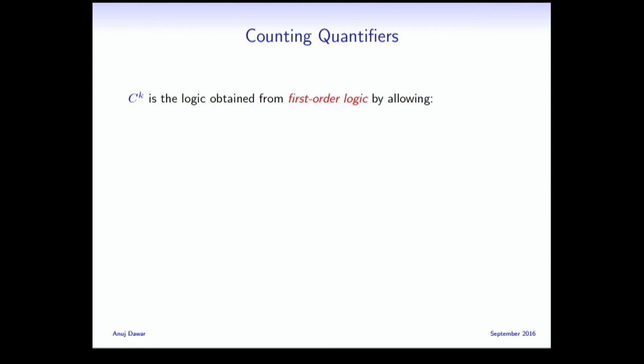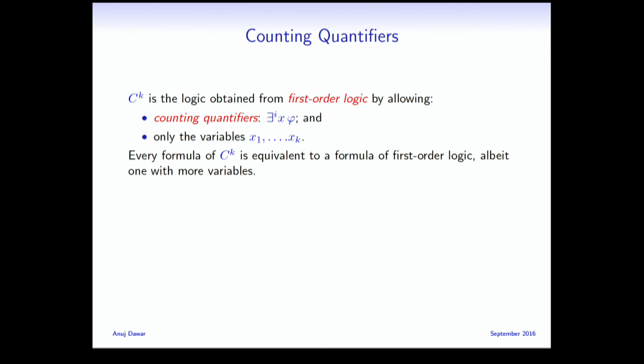To analyze this, it's useful again to go back to first order logic and consider an extension of first order logic with counting, rather simpler than the one I just presented. We don't have two kinds of variables. Instead, for each fixed positive integer i, we have a quantifier which says there exist i elements x such that phi. Okay? But at the same time, like we did with L^k, we are going to limit ourselves to the variables x1 to xk. So note, this logic C^k as defined is actually a fragment of first order logic. You can translate this into a first order formula just by expanding this into i individual quantifiers.